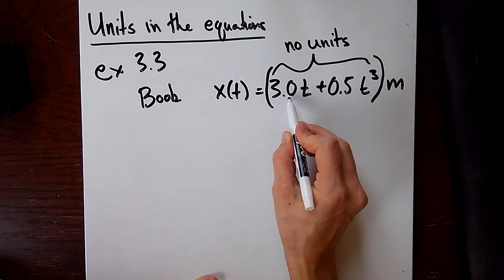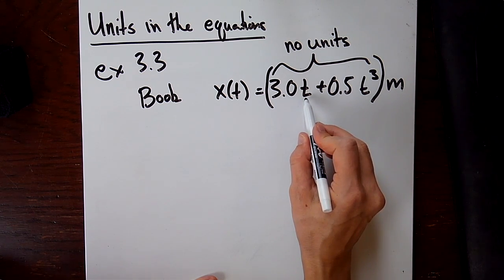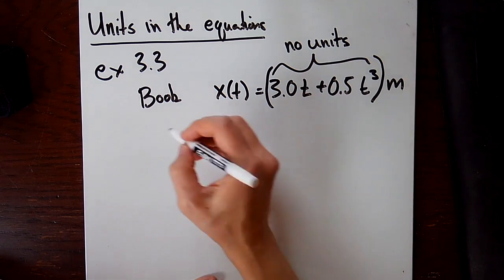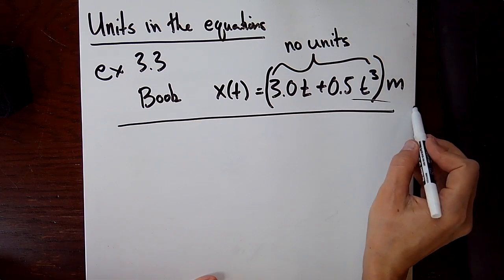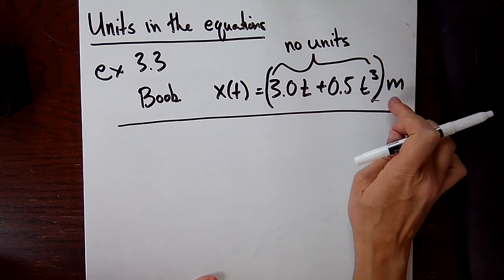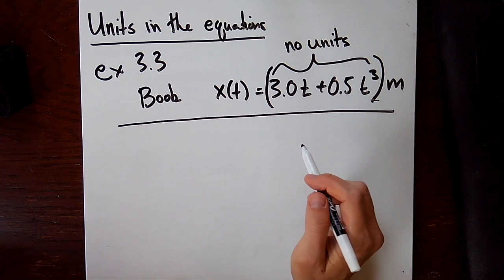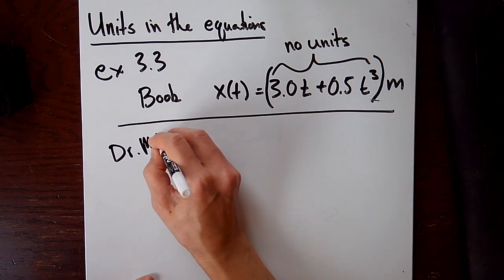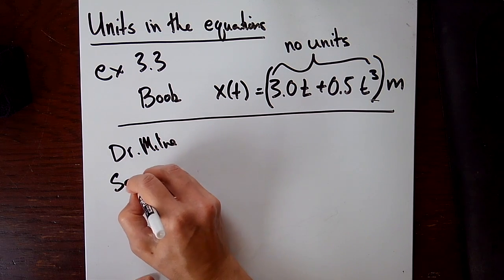So the number, of course, is dimensionless, but this variable t also doesn't have dimensions of seconds. It is dimensionless. It has no units. Now, that does make it prettier and nicer to write, but it does make it much harder to check your work. So how I, Dr. Milne, and Sapling